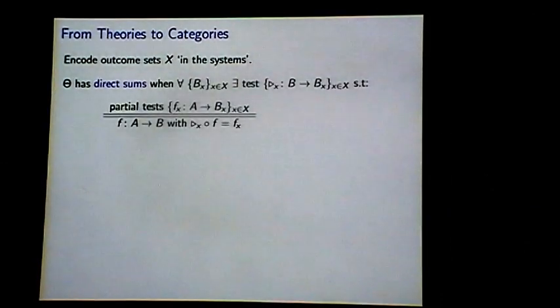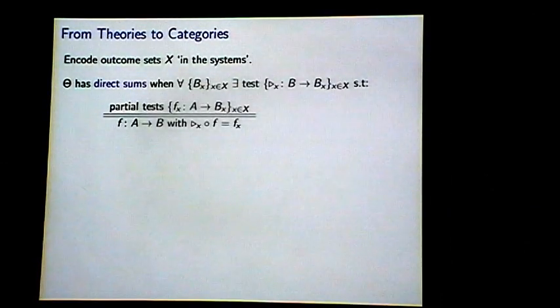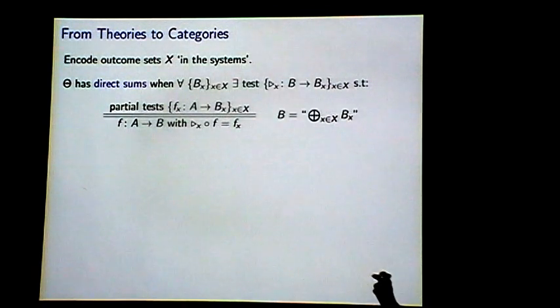And it's such that instead of talking about partial tests of that output type, you can just talk about individual events going into that bigger system that project to give you the events of your test. So we think of this as just a way of adding together these systems in a sort of non-interacting way. And you can see that if you have this property, things will become simpler because instead of talking about these tests and so on, you can just talk about individual arrows in your category.